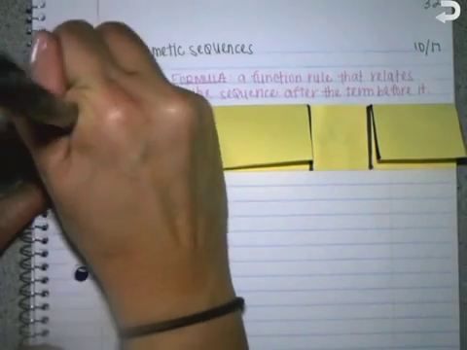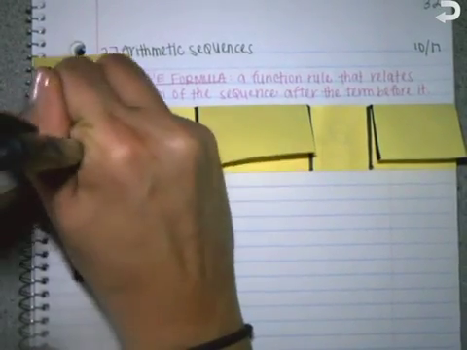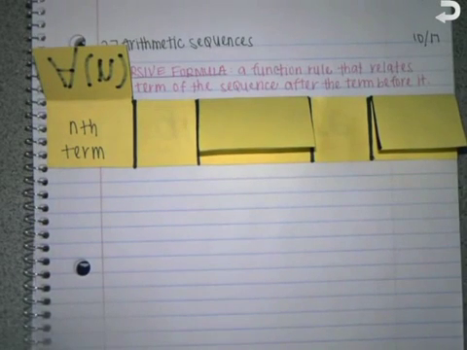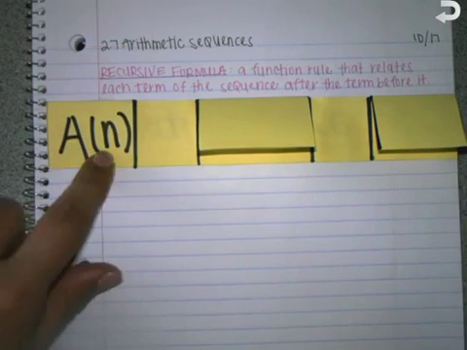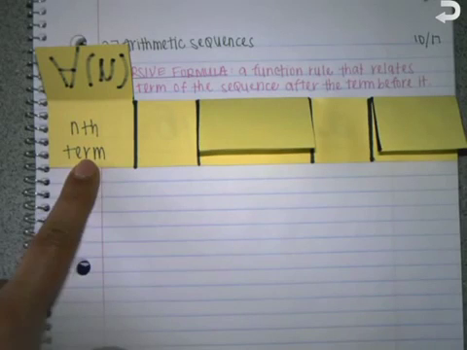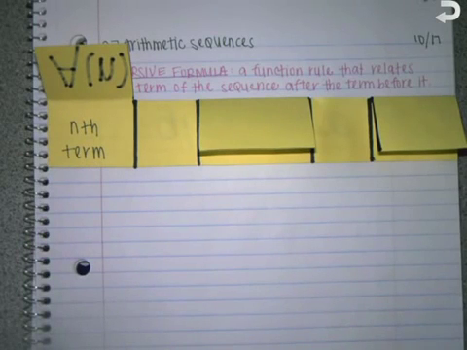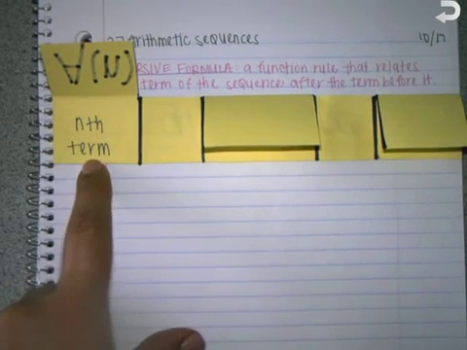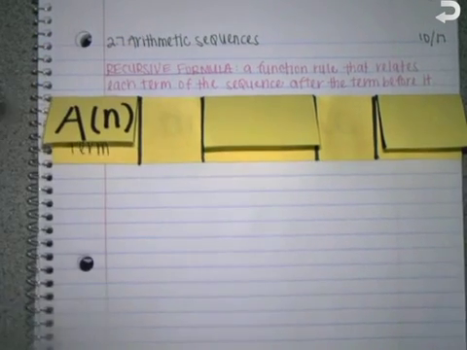Nth term. In math, when we don't know what the number is yet, we call it the nth number. Once we do a problem, it's actually going to have a number in there for n. So if I am looking for a of 4, that means I'm looking for the 4th term. If I have a of 1, that means I'm looking for the 1st term. But when we don't know what n is, we have to call it the nth term. That's a of n equals